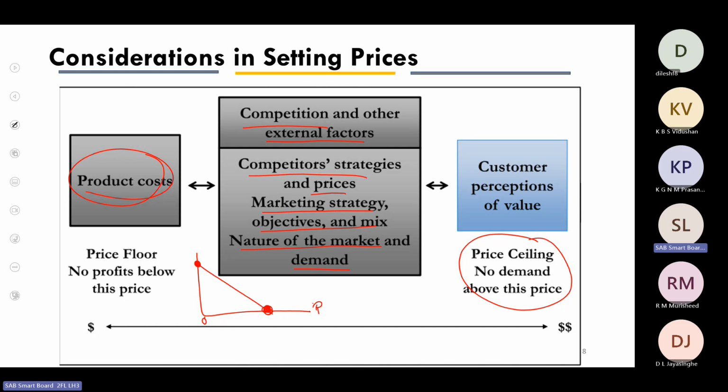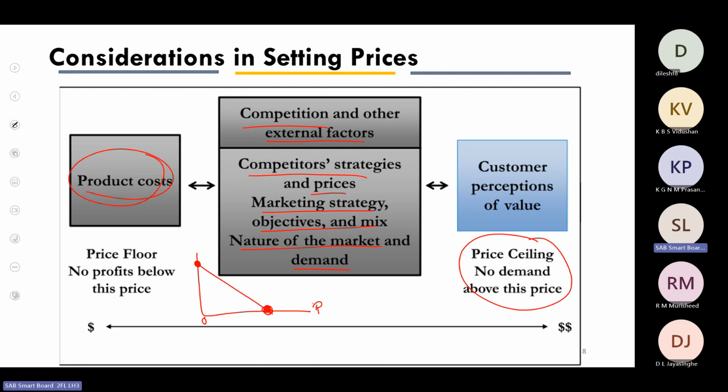So before going to the explanation, let's say we have an inelastic demand for our product, right? So when we have an inelastic demand, how can we change the price, or how will the change of price affect our revenue? Let's say we increase the price, then what will happen to our revenue? Revenue will increase, right? When we have an elastic demand, then if we increase the price, our revenue will go down.